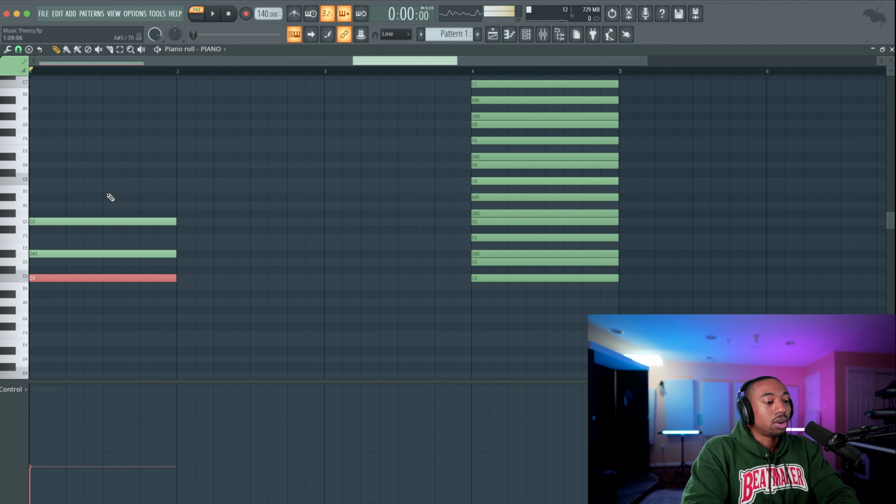When I say 0, 1, 2, 3, 4, I'm talking about semitone values. So the chord code here is 0, 1, 2, 3, 4, 5, 6, 7. 0, 3, 7 makes up a minor chord no matter where you are on the keyboard. Okay, so that's the DNA of a minor chord.